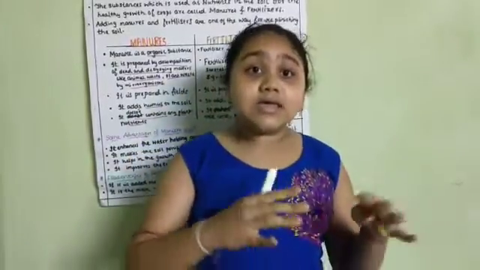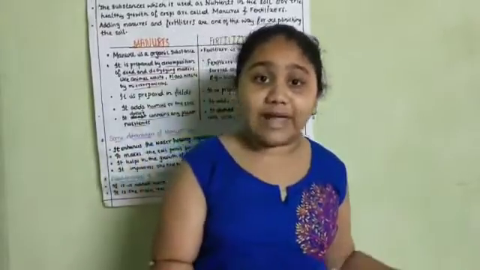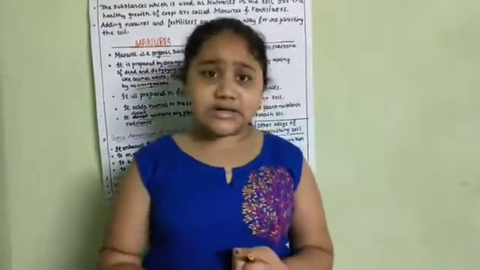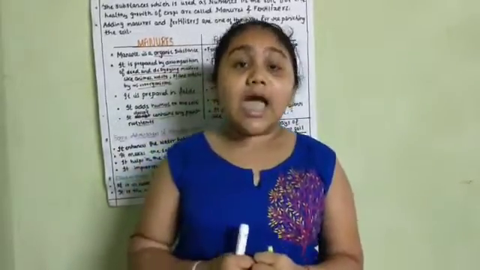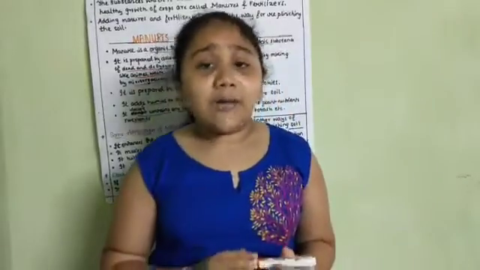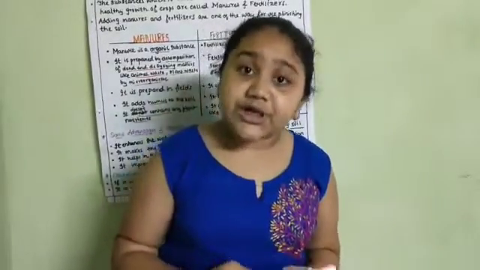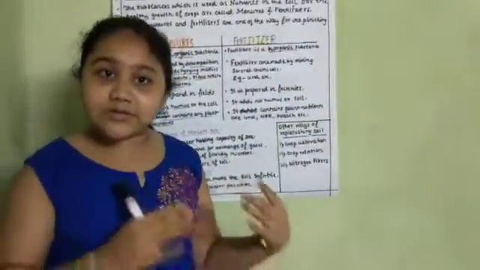Manures contain some amount of humus, which is very useful for the growth of plants, but fertilizer does not contain any humus; it contains plant nutrients. Manures do not contain plant nutrients, but fertilizer contains plant nutrients like urea, ammonium sulfate, potash, NPK, nitrogen, phosphorus, potassium. So now how will we differentiate between manures and fertilizer?